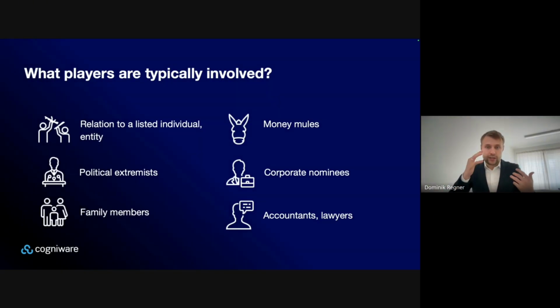And the last part is about who is typically involved. The investigations show that a wide range of actors can be involved in terrorist financing, either directly or indirectly, and almost every time we are talking about some mix, some combination. The most obvious category are listed individuals and entities or bank accounts, those already identified on international or national sanction lists. And these often appear in suspicious transaction reports.